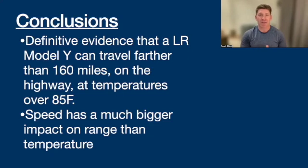So I will caveat that the overall driving speed was less than I anticipated, and that's just a function of lots of traffic. I did this test at what I thought was the hottest part of the day, right around 2, 3, 4 o'clock. And in the Bay Area, that just means I hit rush hour. So I was driving on average a little slower on this trip, call it 60, maybe 65 miles an hour on highway speeds than I was on the last trip. And I think that's the reason for the reduced consumption as compared to the previous trip I did,